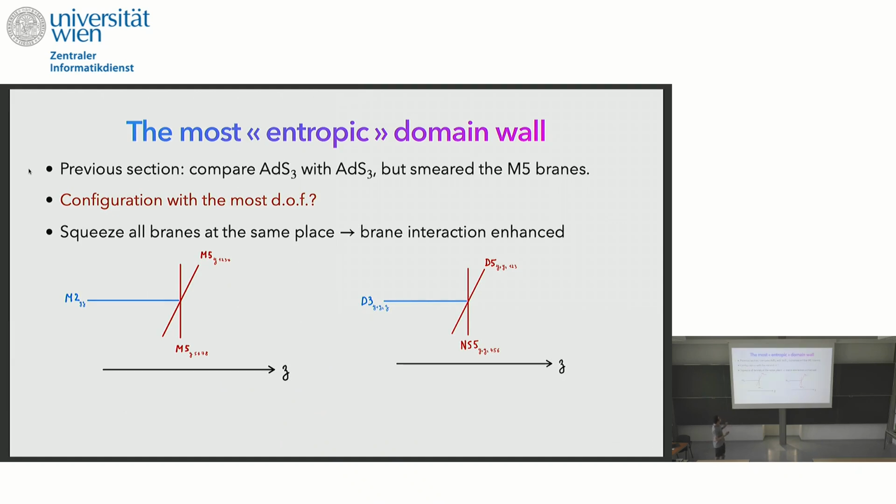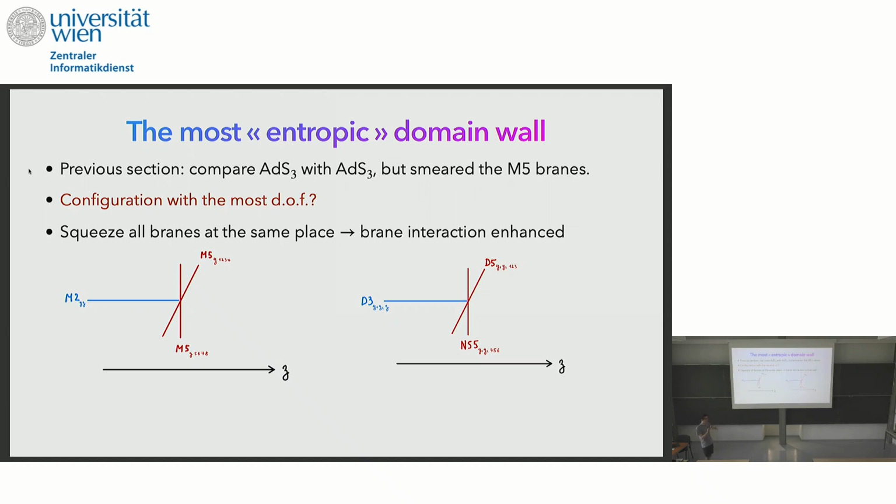Now, in the previous section we did have an AdS3 with another AdS3. We could compare the UV and the IR AdS3s. But then you could say, but we smeared the branes. So what would be the configuration with the most degrees of freedom? Essentially, we have many self-intersections of the special Lagrangian, everywhere on the Calabi-Yau. But there could be a situation where all of the self-intersections come at the same point in the Calabi-Yau, and then there would be an entropy enhancement somehow due to the M2 branes